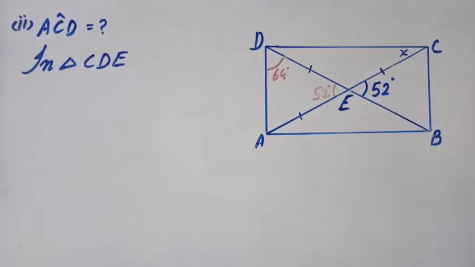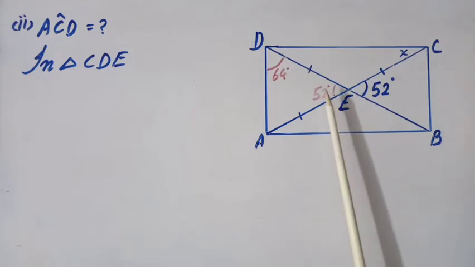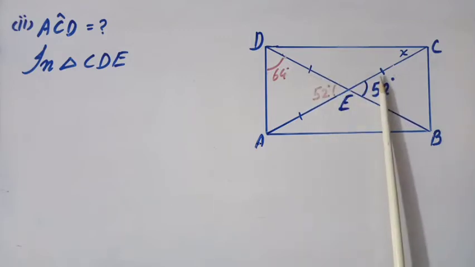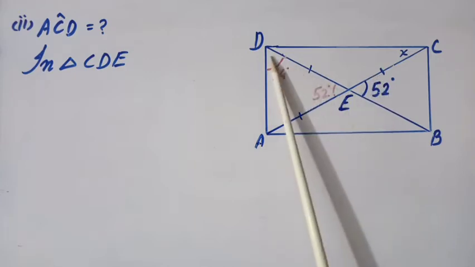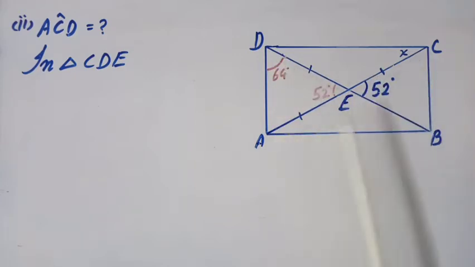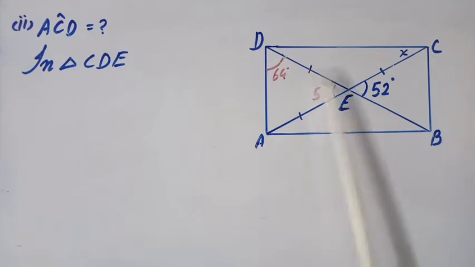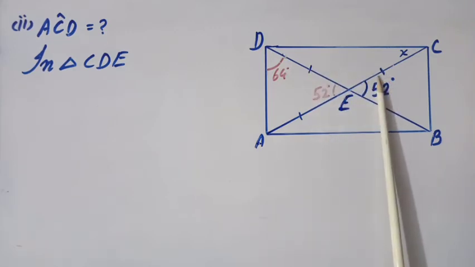One other thing which is noticeable in the triangle CDE: this triangle CDE is also an isosceles triangle, because this DE is equal to CE. Why? Because these two are the half of the diagonals in the rectangle. See, these two diagonals are bisecting one another. Clear? So this way these two would be equal to one another in measurement.